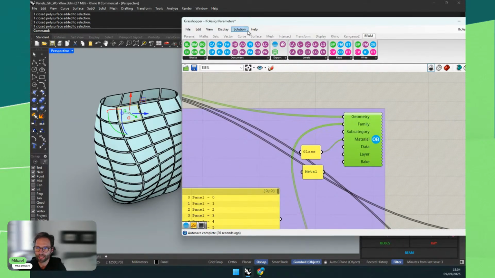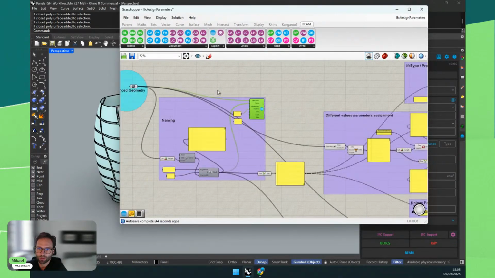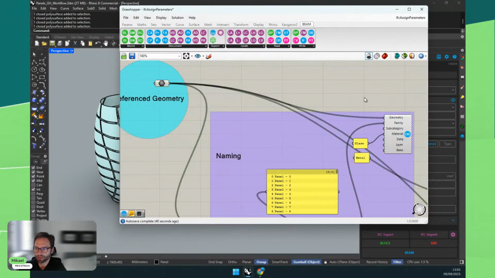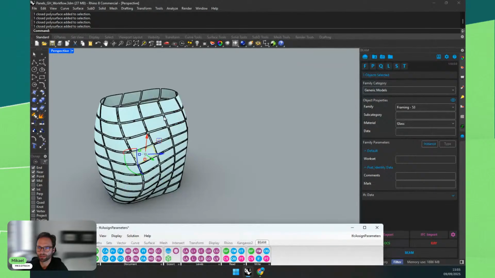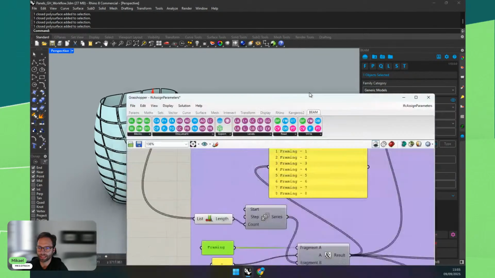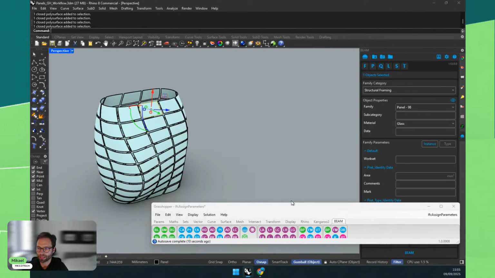The idea is that now we have associated the family name and the class material to all the parameters. So you can see now we have created correctly all our paneling. You might use your own workflow to add the correct name, but we can do so from reference geometry, or if you imagine this is Grasshopper geometry, we'll be doing that the same. So if I change this from framing, it will immediately update to framing 98, etc. Let's actually go back to panel. Okay, so now it's panel 98, etc.